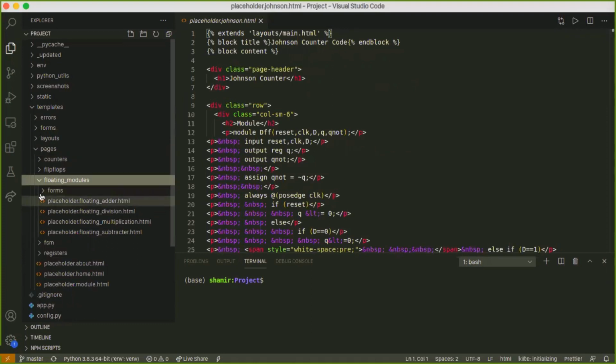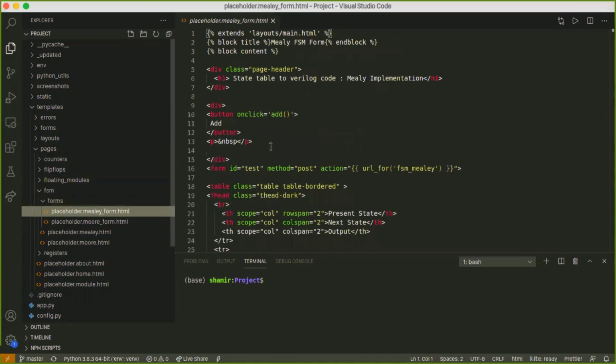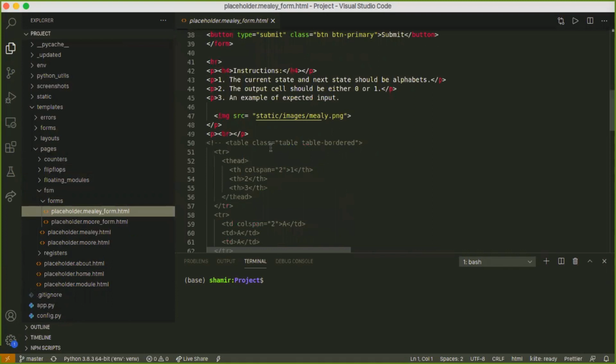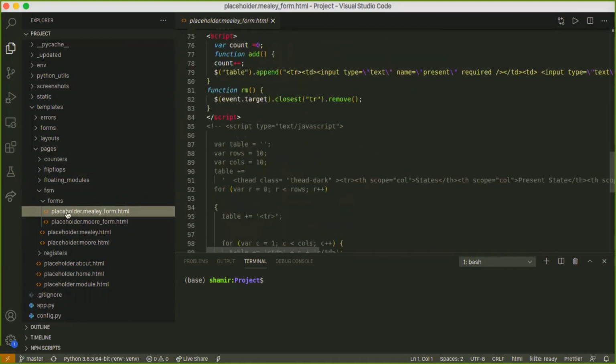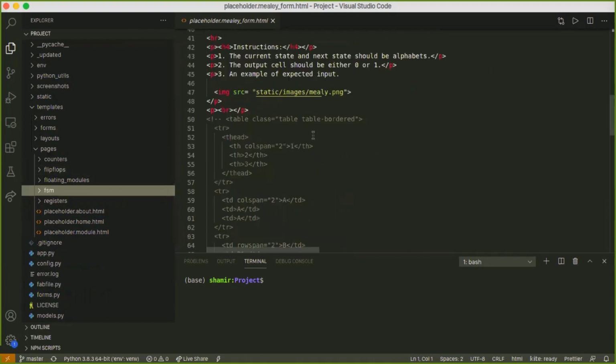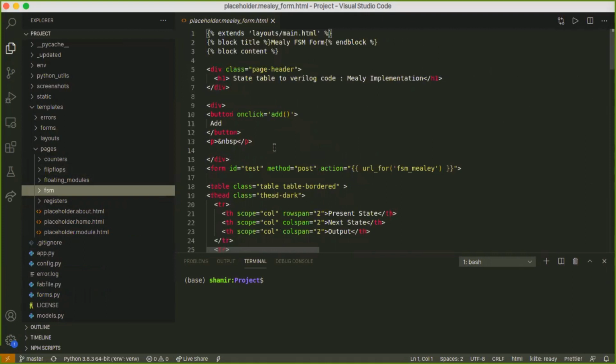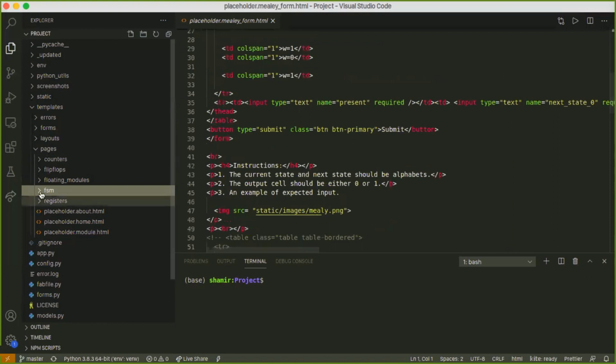In FSMs, to get the dynamic table, we used JavaScript, which we wrote ourselves. So we have included a good tech stack. We used Flask for the web development. In the meantime, we used HTML and CSS for the design and building of the web page, and JavaScript for various animations and the dynamicity involved in the web page. And of course, the Jinja template.